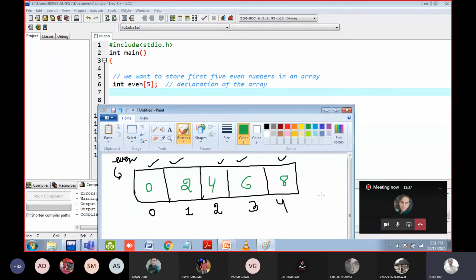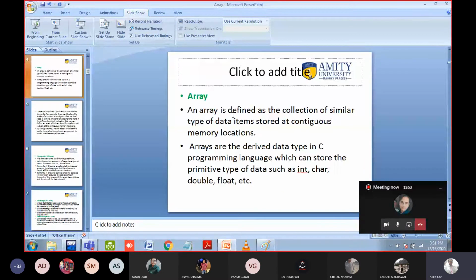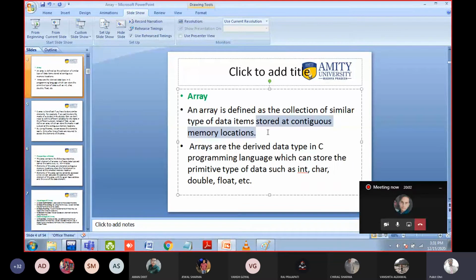So that is why in the definition of the array, you can also check here, stored at contiguous memory location, yes or no? It means the array is stored in one place, not randomly in different parts. So all the 5 elements will be stored at one place. Why are they stored at one place? Because it will be easy to access them. It will take less time to print the elements.